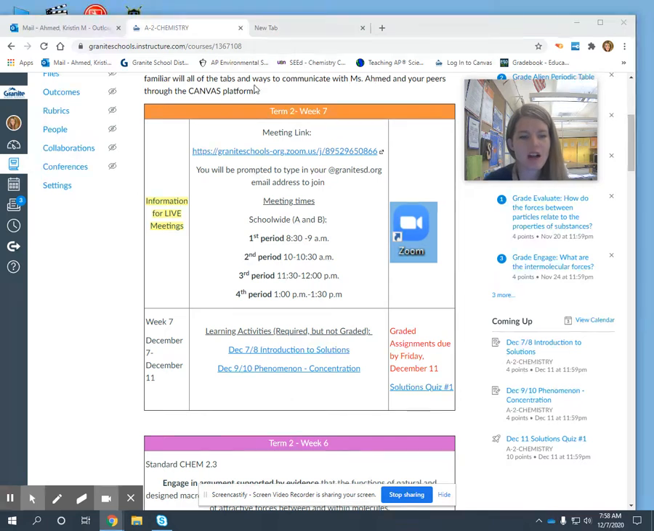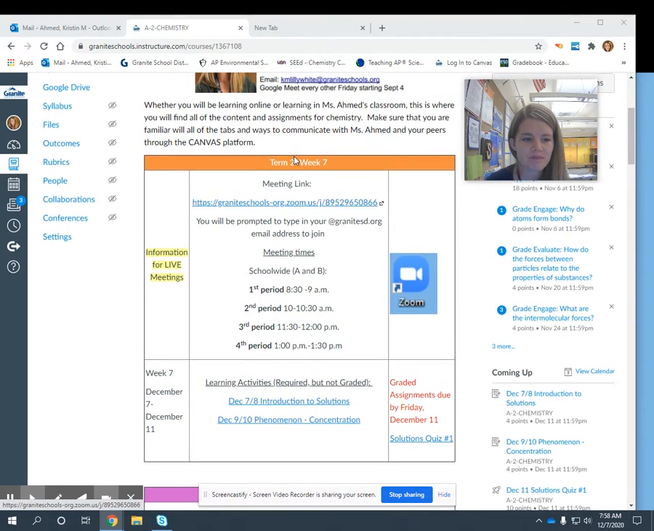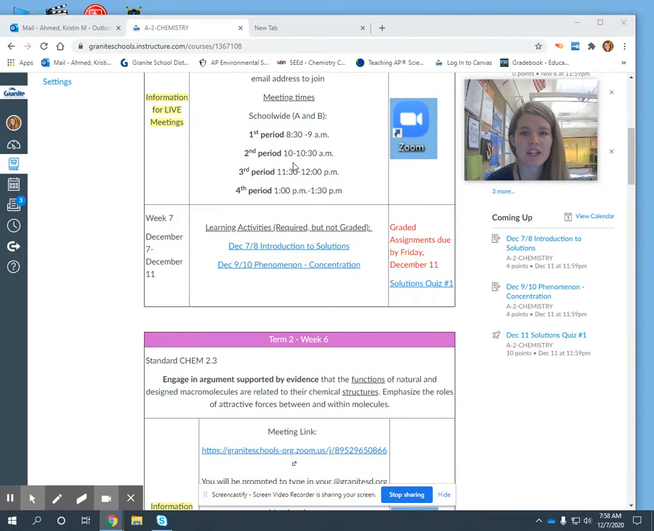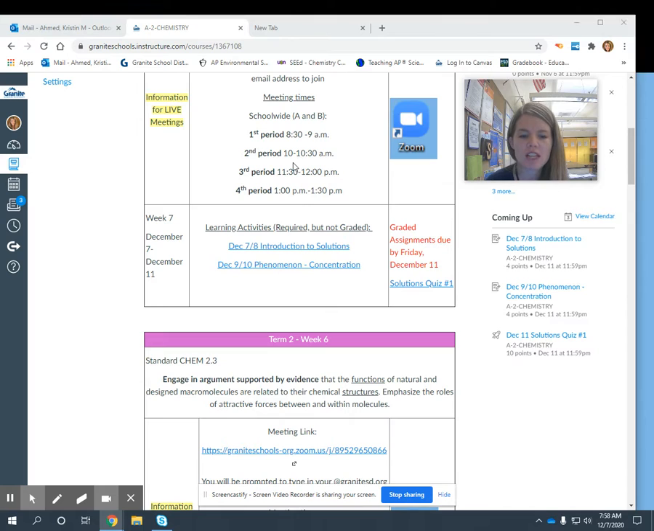Let's go over the content for this week. This week we're moving on to a new standard. We're going to be talking about solutions. So questions that you might ask yourself are, what is a solution? What are the different components? What is the difference between a concentrated and a dilute solution? We're going to be looking at two different activities, and then your graded assignment will be the solutions quiz